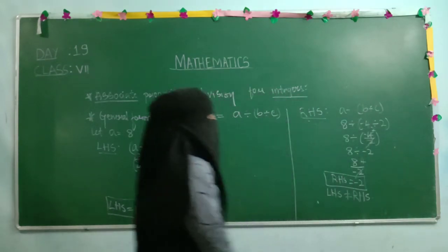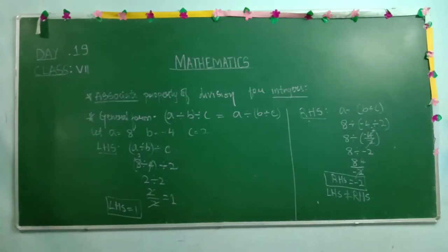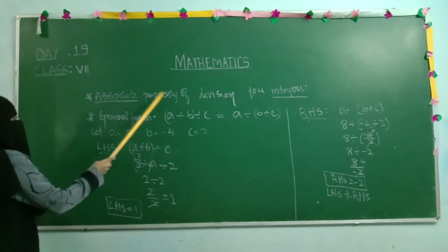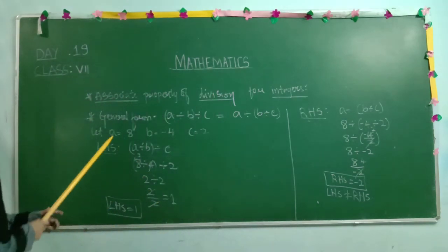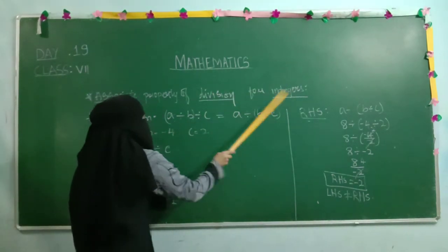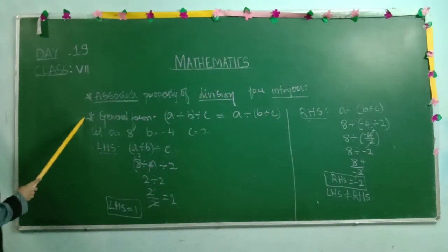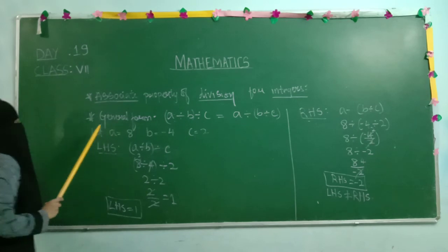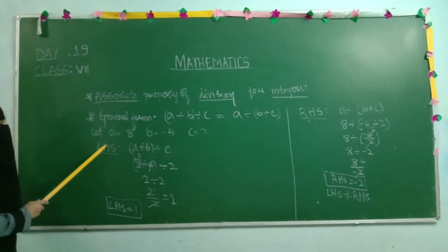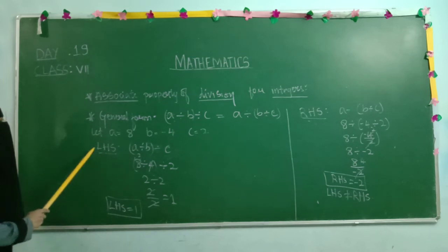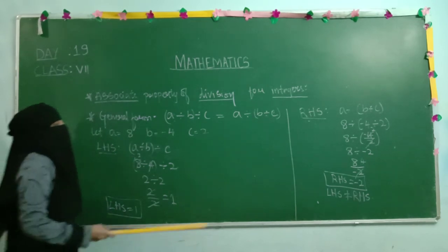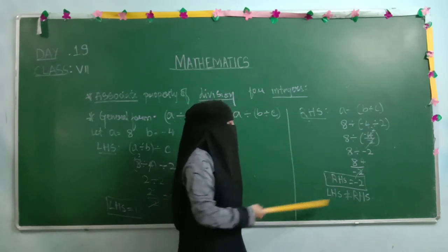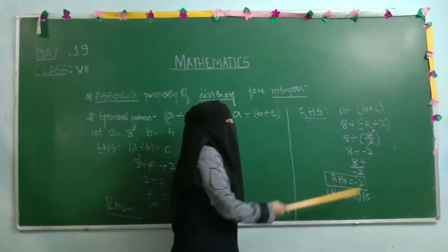Okay, is the concept clear? So now we have done the associative property. Associative property of which operation? Division. For which numbers are we checking? Integers. First we need to write the general form. This is your general form. After that we chose our own values, that are integers. After taking integers, we have two parts, LHS and RHS. First we simplified the LHS part and got the result 1. Then we moved to the RHS part. The RHS part we also simplified, and after simplification we got the result minus 2.